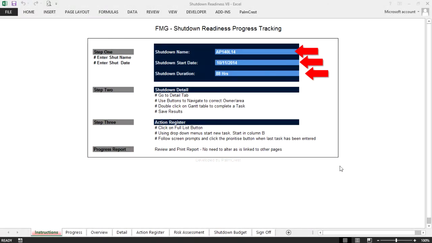Welcome to the PalmCrest Shutdown Readiness program. This is a simple program designed to track shutdown preparation, measure progress, and manage action lists leading up to the execution of the shutdown. To start the process, we simply have to fill in three fields: